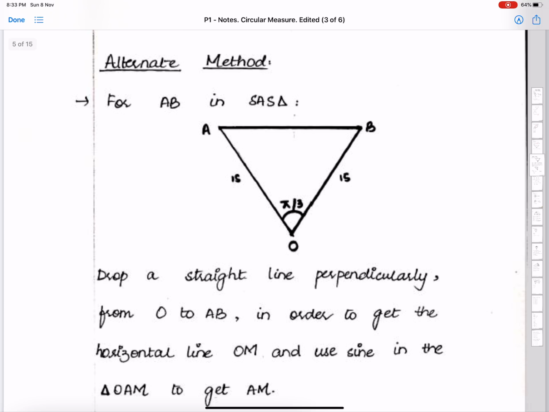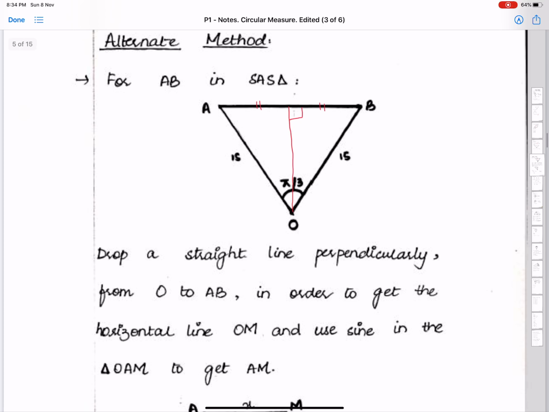Alternate method. This method is very important if you want to save your time, and if you want to avoid the use of cosine rule, you should use this alternate method. In this method, we drop a perpendicular from O to side AB. Since this triangle is isosceles, this perpendicular will bisect the length AB, and then we can suppose